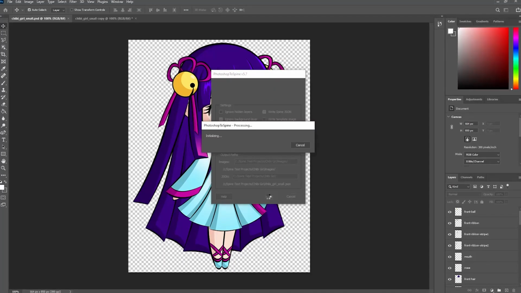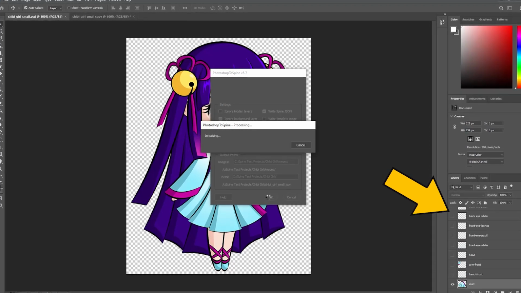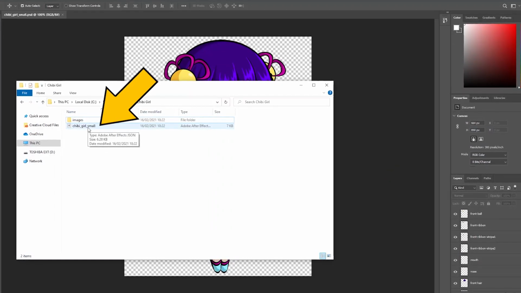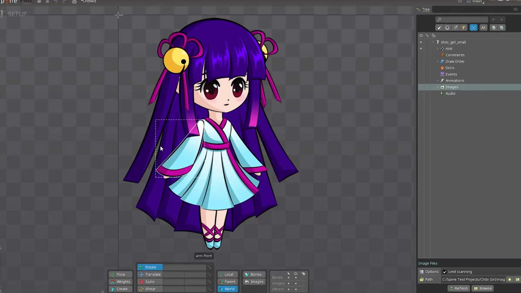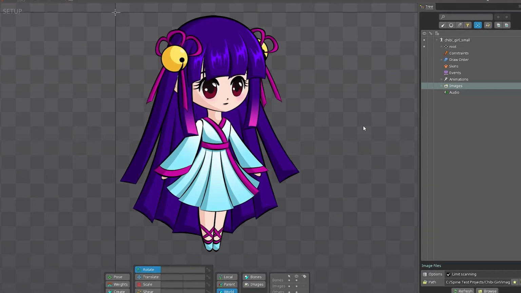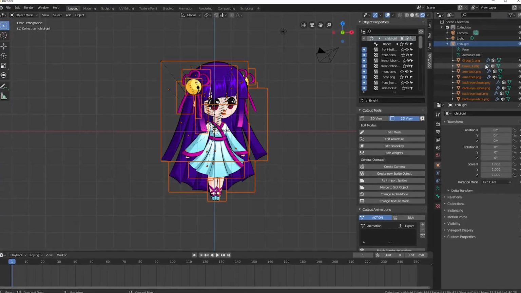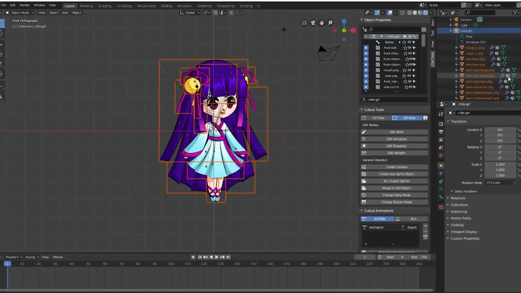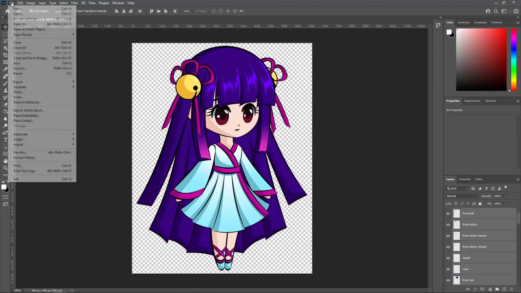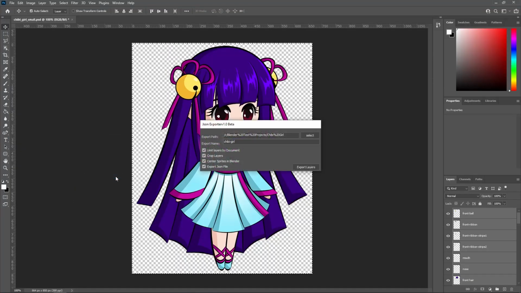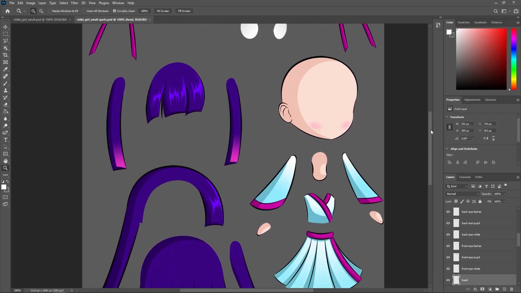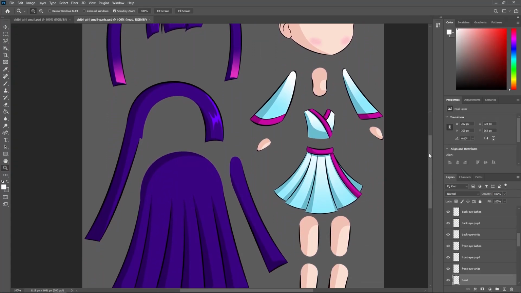The script saves the image layers as separate PNGs and creates a JSON file alongside. Then you'll need to load this JSON file into Spine or Blender respectively, and the character images will arrange themselves the same way they were in Photoshop. This process takes some time to get used to, but it works well and saves you time, since you don't need to assemble the character manually later on.